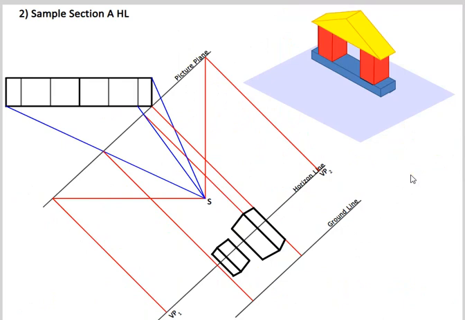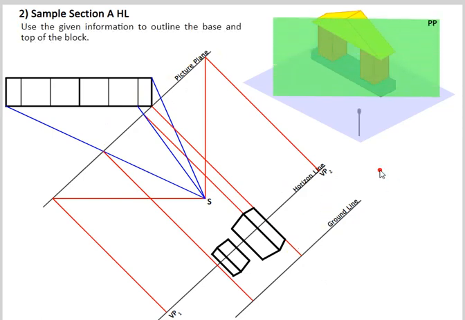Basically you're given the two red blocks drawn in perspective, and we have to finish the base piece, and then we'll have to draw the triangular piece on top, which will be using auxiliary vanishing points. So we'll notice that the base piece is connected to the ground line, so it's connected to the picture plane, so that means it will be on the ground line. So basically what we'll do is we'll draw the blue section first,